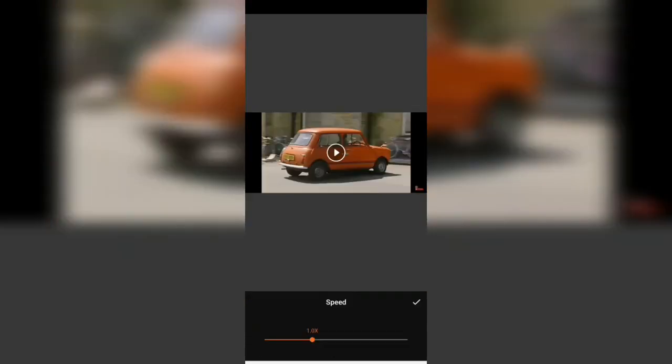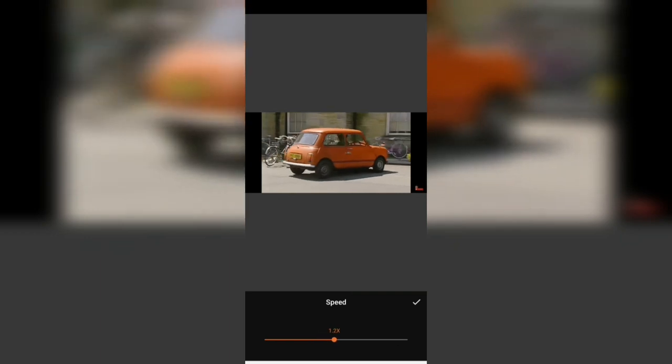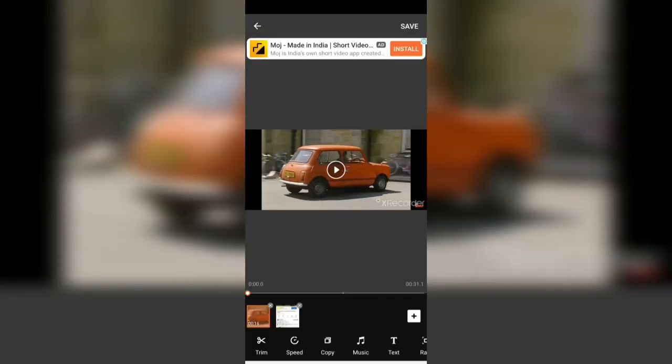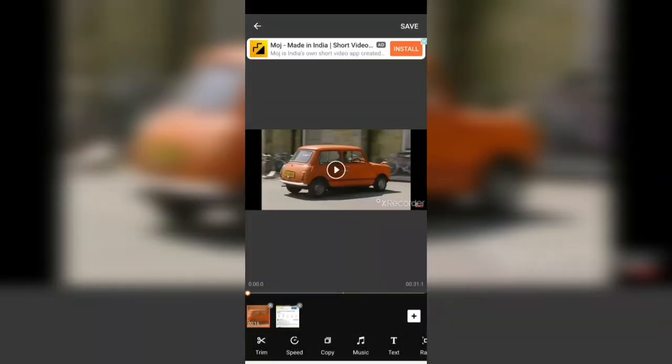You can increase the video speed and you can also decrease it. It is only your choice. I am just going to increase it a little bit. Yes, the video speed is much faster now. And now we have a copy option. You can copy your videos. If you want to copy your first video, you can click on this first video and copy it. If you want to delete, you can select the cross option, and when asked if you want to delete, you just click yes.